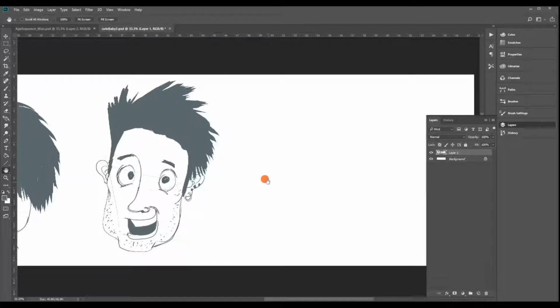Going through into middle age. So we can have the same. We start with the same base each time, the round head, and putting in our references, so where we're going to put the jaw and where we're going to put the ears and the eyes. So his ears start to get a bit bigger by this age, because our ears never stop growing, and nor do our noses, so his nose is starting to get a lot bigger,